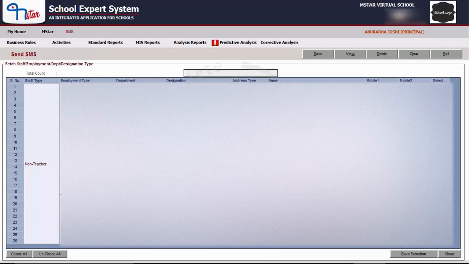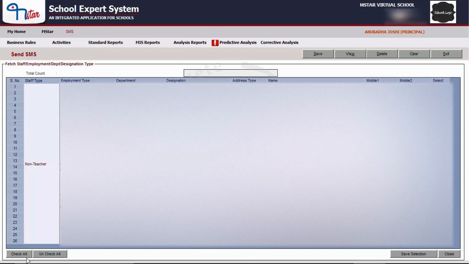Then it is showing us the first name and the last name of the employee, and mobile 1 and mobile 2 columns are displayed with the mobile numbers as entered in the HRM module. The last column is the selection column, where a selection box is available in each row. To select an employee or multiple employees, click on the box and a small tick appears. Repeat the steps against different employees.